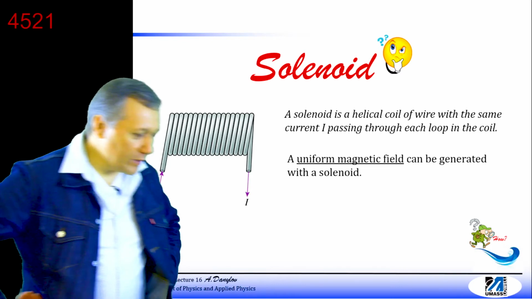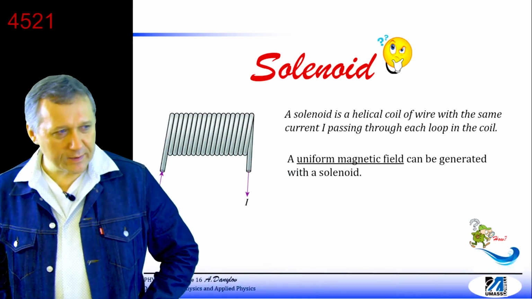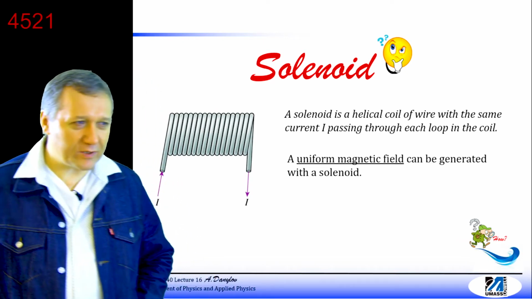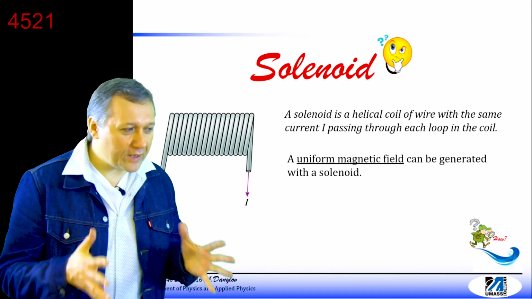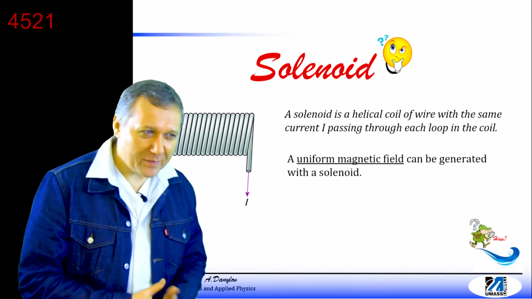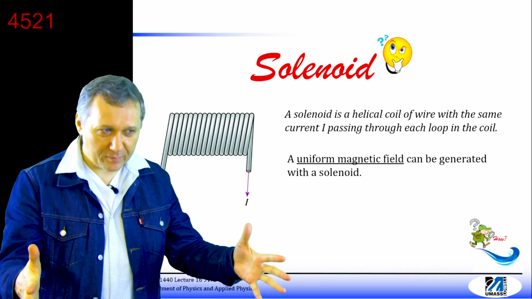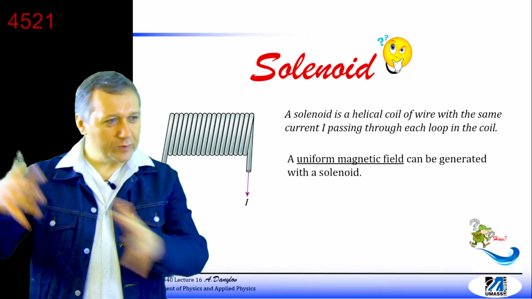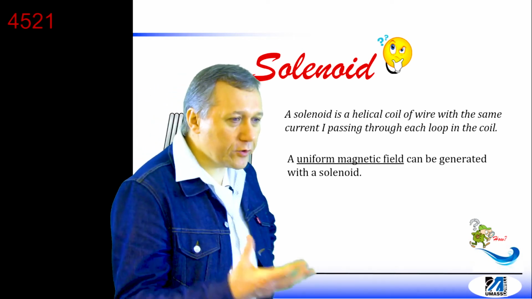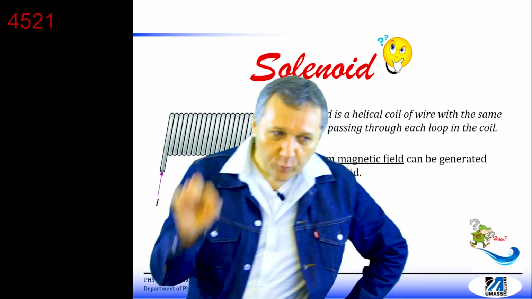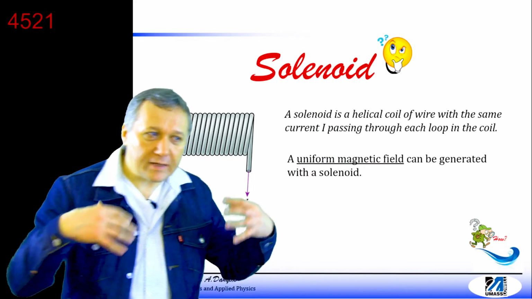great. So now we introduced all possible ways of finding magnetic field, right? But again, you remember most of the time we use uniform fields. Like in the world of electricity, most of the time we used a uniform electric field produced by a parallel plate capacitor. So now we need to introduce a similar device, but for the world of magnetism, a device which will give us a uniform magnetic field,